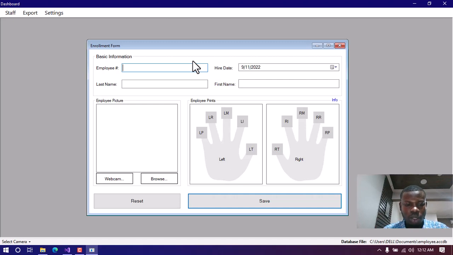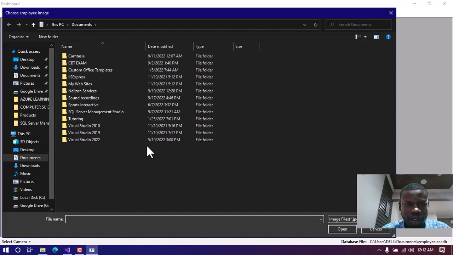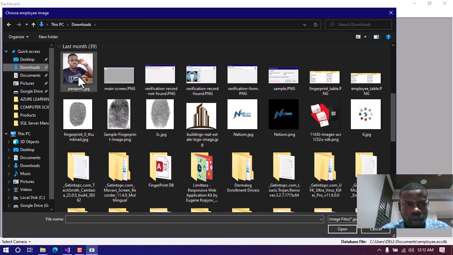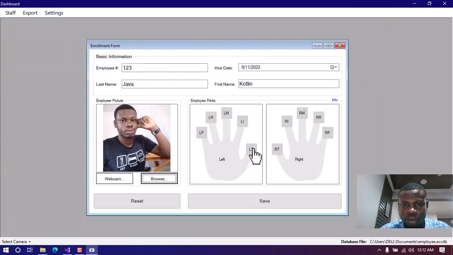I will assign my first employee here a number 123. I will assign first name to be Kotlin, last name Java. I won't be using my webcam. I have the option to use webcam, but I'll be browsing for a file from my computer. I go to downloads and select my passport here. Now on this right hand side, you can see I'm expected to